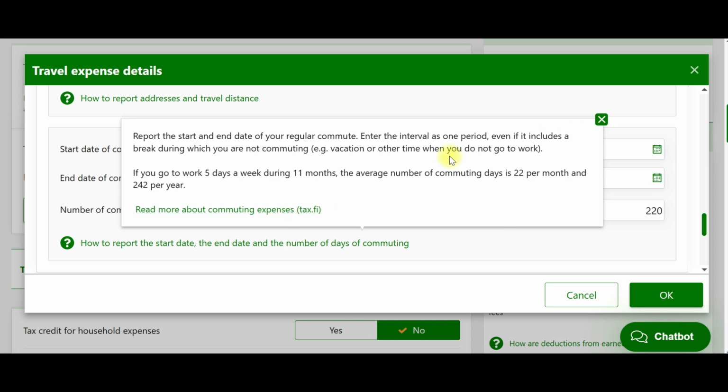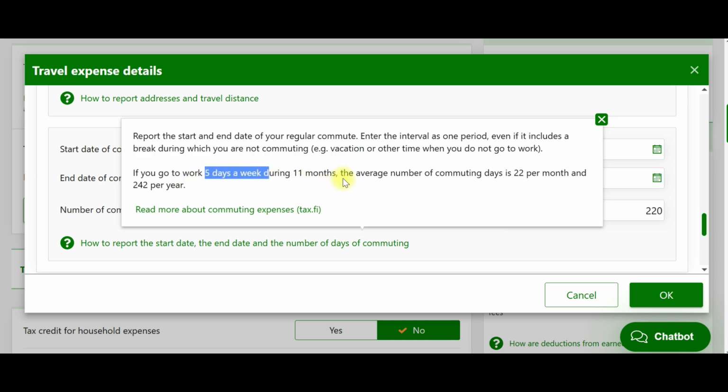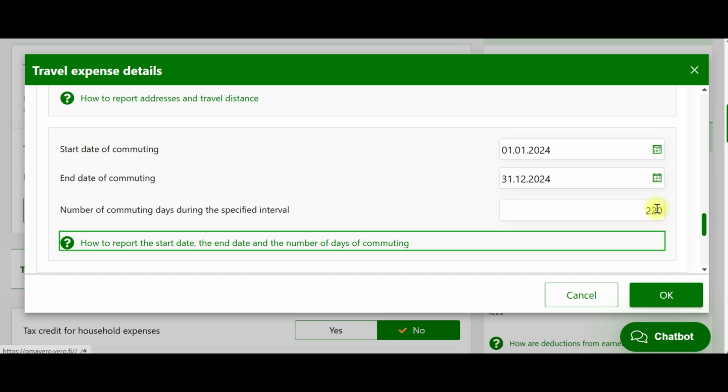And if there is something, it comes like this: report the start and end date of a regular commute. Intended travel is one period even if it includes a break during which you are not included. If you go to work 5 days a week during 11 months, the average number of commuting days is 22 per month. So they say 22 per month, so you can write 242 a year. All right, so let's write